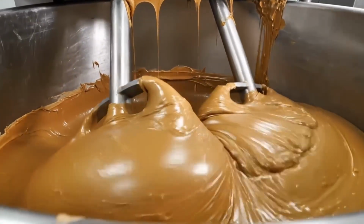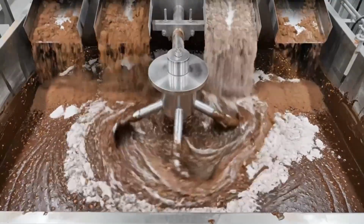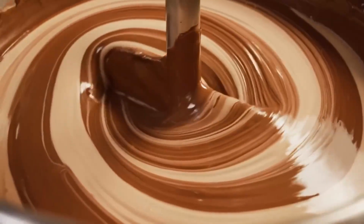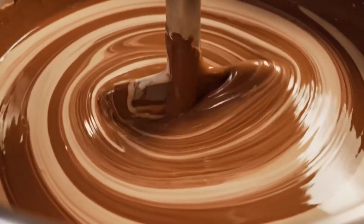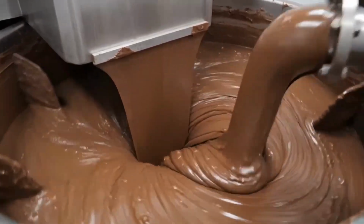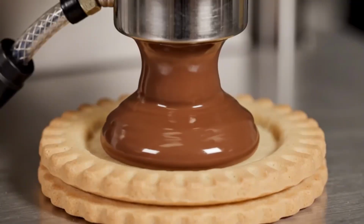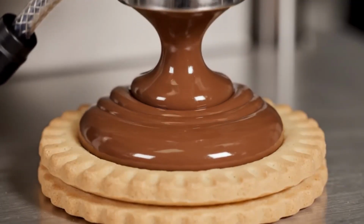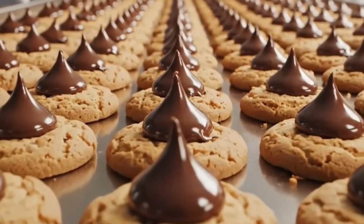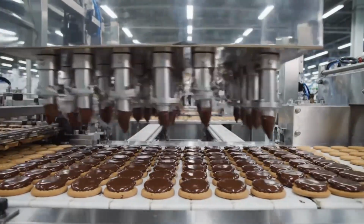Every jar of Nutella represents a victory against the invisible enemy that lurks at every step: the relentless forces of chemistry, physics, and time that want to turn precision into chaos. From that desperate wartime experiment in 1940s Italy to today's global industrial empire producing 365,000 tons annually, Nutella's success isn't just about taste. It's about conquering the impossibly narrow margins where perfection lives, where a single degree or second can mean the difference